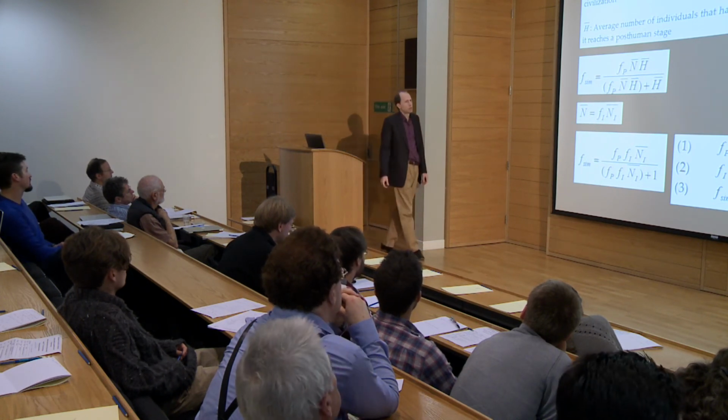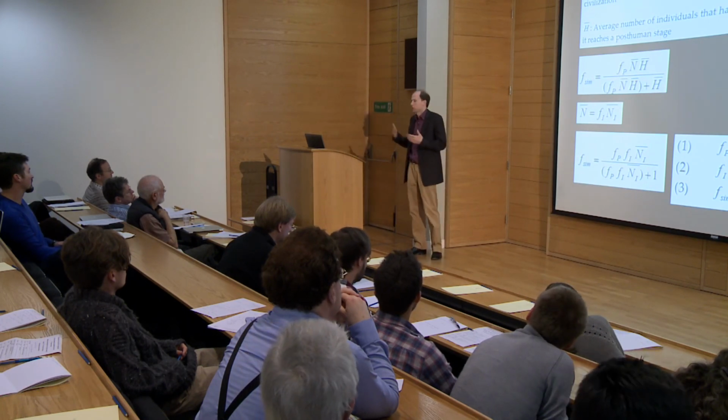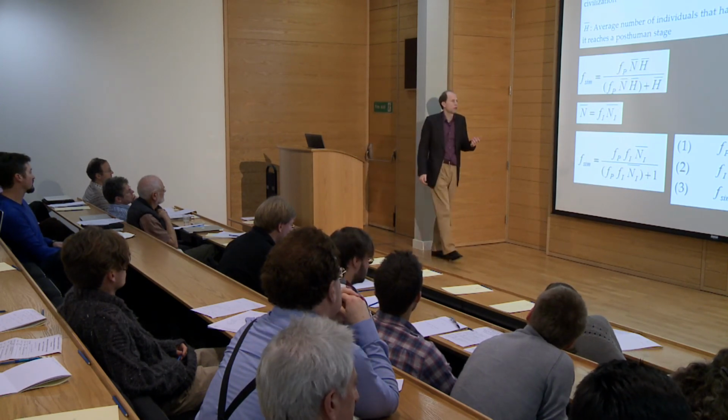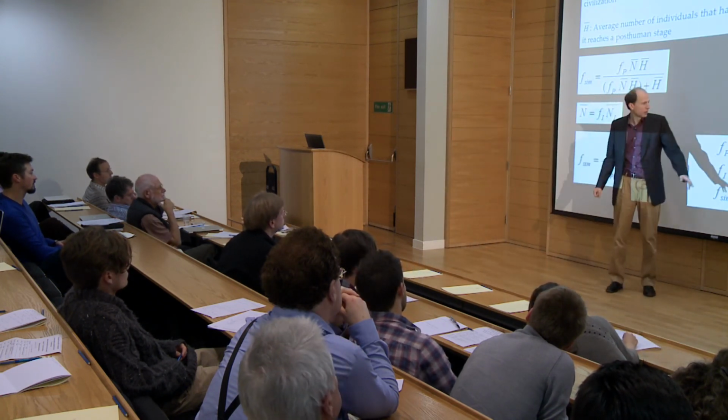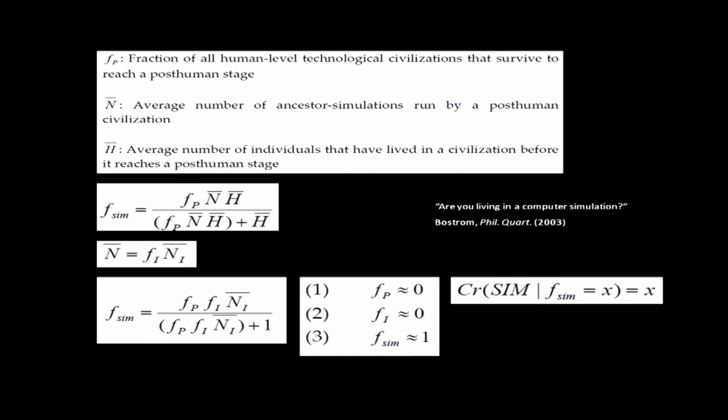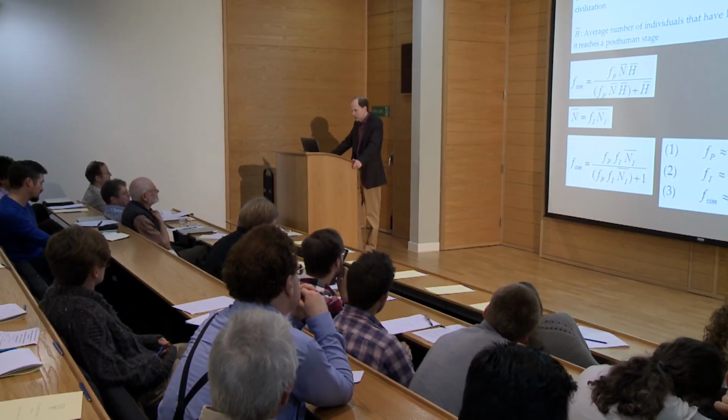And then by the self-sampling assumption, we would probably be simulated. In fact, for this particular purpose, you need something weaker than the self-sampling assumption. You don't need to resort to the full strength of that. You only need to resort to what I call the bland principle of indifference. So here, you only need to think of yourself as a random sample within a class of observers that you have no way of telling which one you are. So it's a particularly weak version of it. And so if you reject the first two possibilities, you get the third one. So you can't reject all three, so at least one of them is true. And that's the simulation argument.